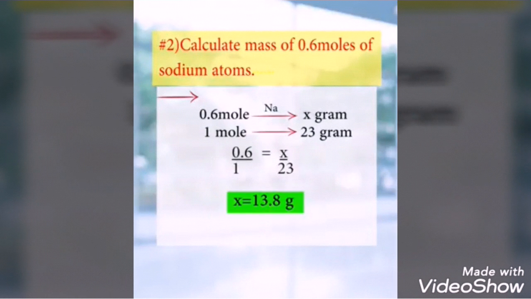It's your wish. Similarly, one more numerical here, moles and atoms are given. So in 0.6 mole, how many grams? X grams. So in 1 mole, how much will there be? 23 gram. So this is how again crisscross. But please beta, I request you, don't use the calculators. Solve each and every numerical on your own. And these are very simple patterns. 5 to 6 numericals I will send you separately to do in this easier form. 0.6 mole is, X grams is,